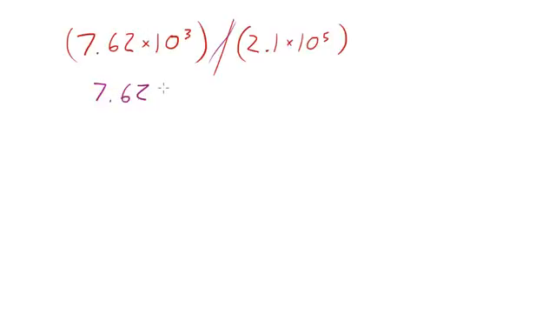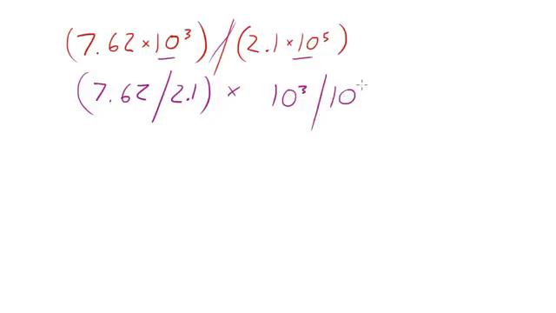7.62 divided by 2.1, and once we figure that out, we need to multiply that by this divided by that. So we have 10 to the third divided by 10 to the fifth. So let's go ahead and figure out each side of this equation. 7.62 divided by 2.1 is